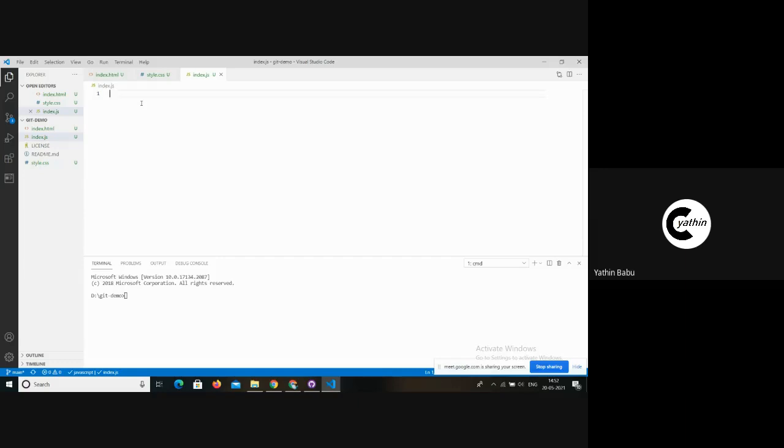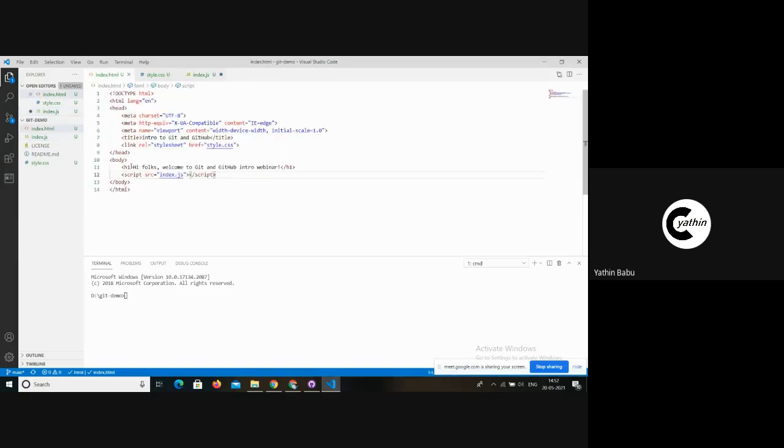Now let me add the JavaScript. In order for JavaScript to access the HTML elements, I need to refer to them, so I will be using the ID attribute. You can actually do this without an ID attribute, or directly with a class attribute, but for the webinar purpose, I'll just use an ID attribute here.